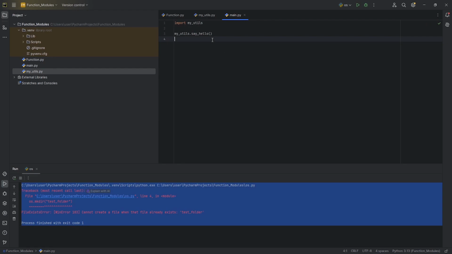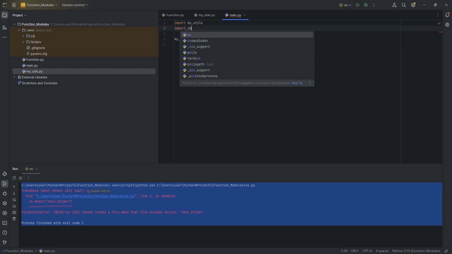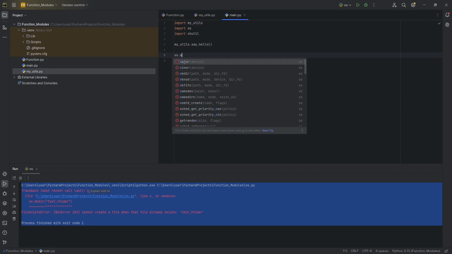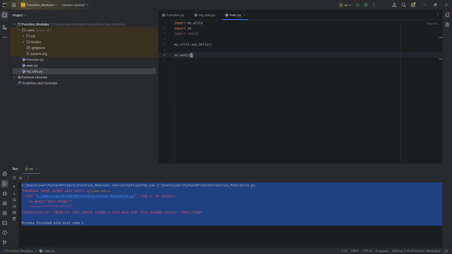Now, one thing you can do over here is apply this os over here. Import os, import shutil. Now you can see that this is how it is working right now. So we also have the custom module function, which is myutils say hello. If you want the file automation, type in os.mkdir, open up the parentheses, let's say test folder to be the new folder. And here I'm going to put in